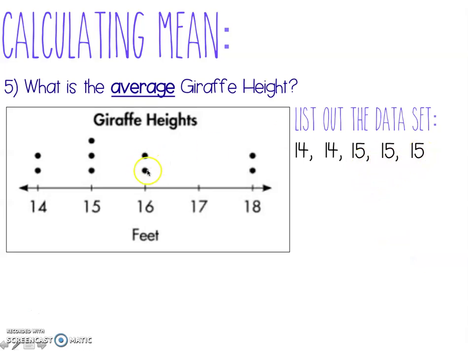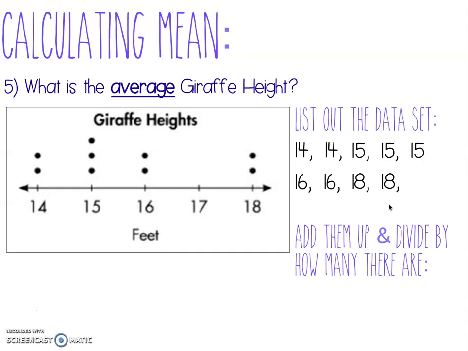Okay. I had two giraffes that measured 16 feet. So there's my two 16s. And then over here we had two giraffes that measured 18 feet. Now, notice there's no dots at 17, so we don't put it in our data set. So now we have that numerical data set that we're used to working with, and all we have to do